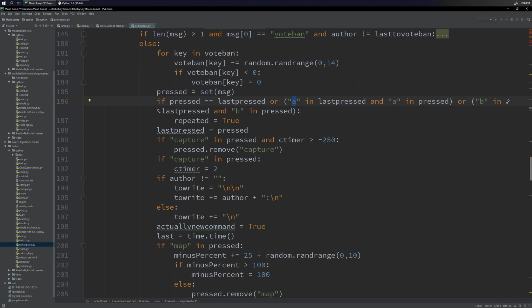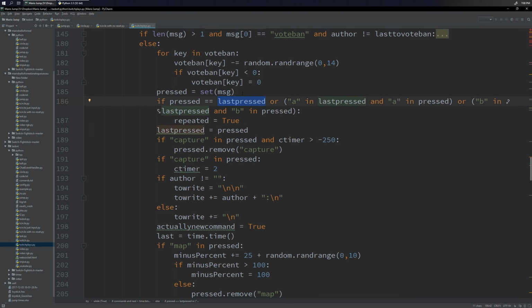But the way the code works, or the way the code worked at least, is that if you had a bunch of people spamming jump, the bot would just be holding the jump button. And that's not what you want. And so I had to add all this logic here. Was like, oh, if I get a jump command more than once in a row. So if the button just pressed is equal to the button last pressed.